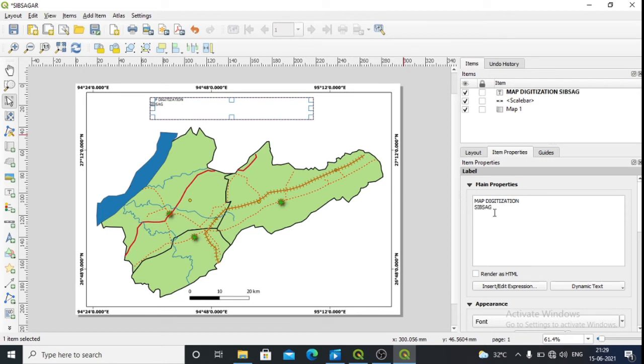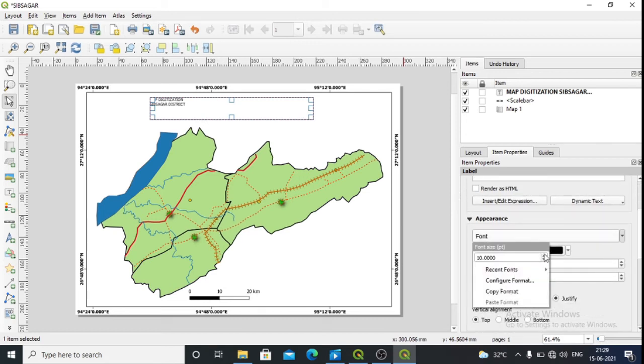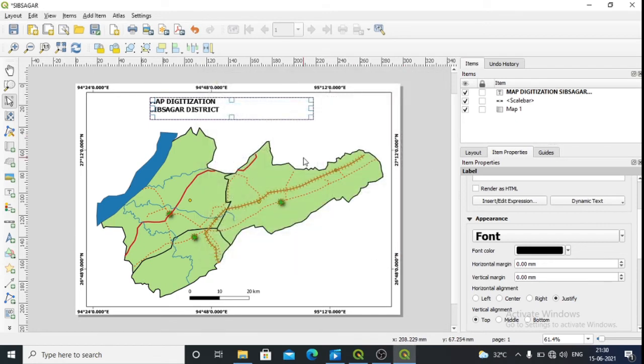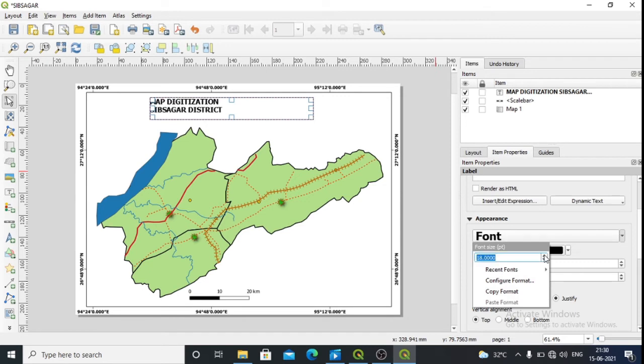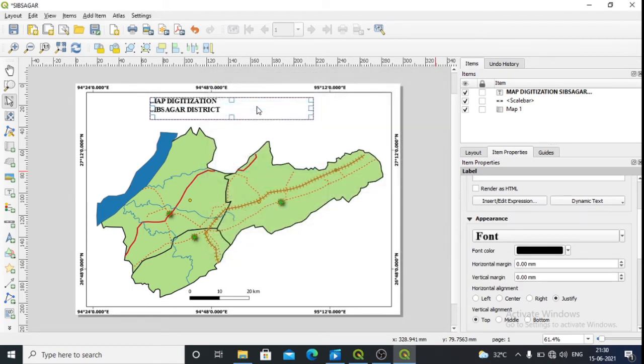Then change the font size, increase the size, then make it bold. You need to increase the size a little bit more. We configure the format, so I want Times New Roman. Then I want it in center.